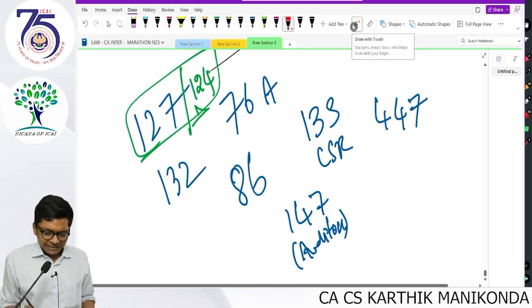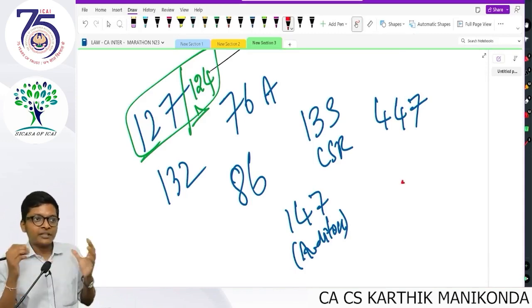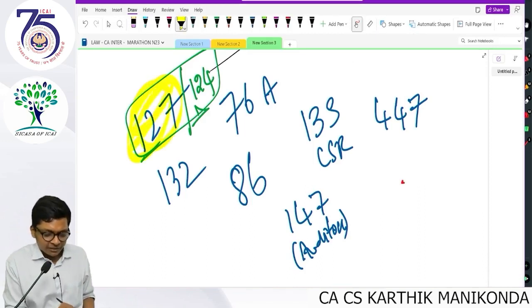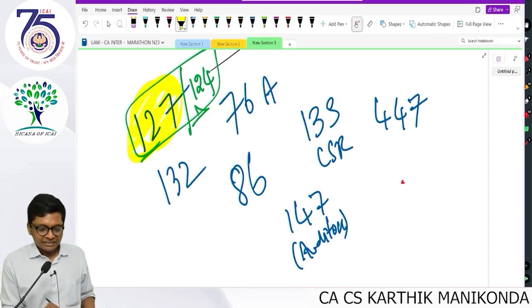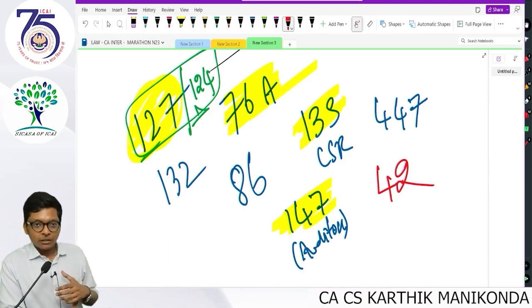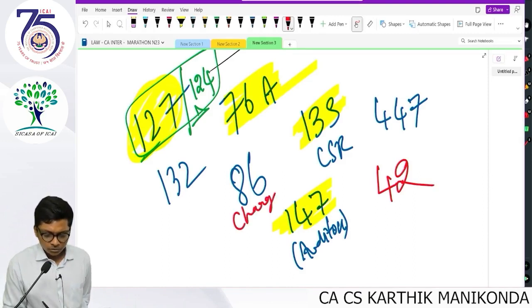Okay. That's it. I think these penalty sections, if you remember, I know you're not going to remember everything. But at least what to remember, mandatory is 127. Tested so many times. 76A amendment. So you remember. 147 relating to auditors. 135 CSR. You can also include 42 because it's important for our exam. If you do private placement, there is a penalty for private placement. 135 CSR. This is charge,